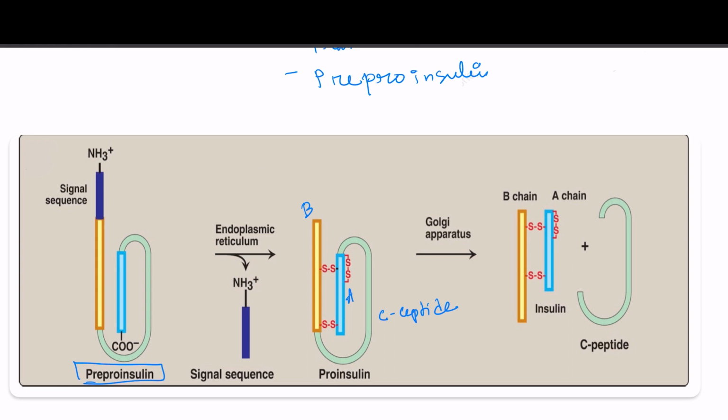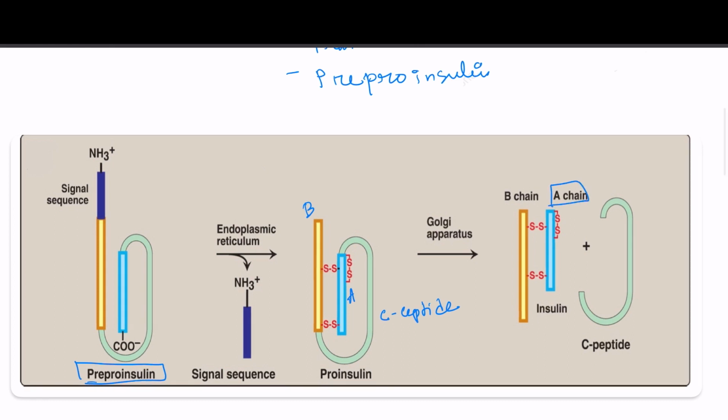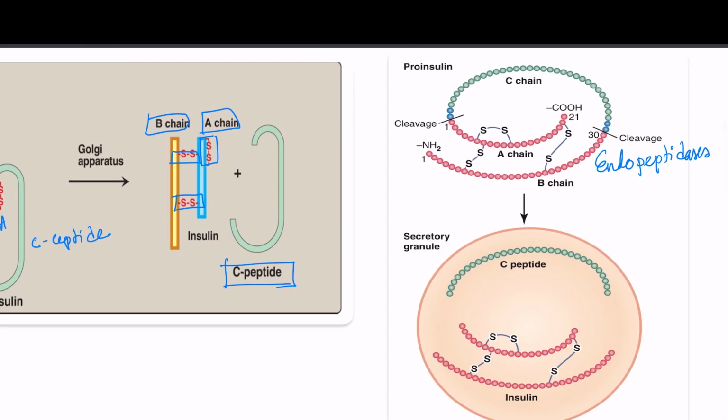Now, the majority of the proinsulin is further broken down in the Golgi apparatus to become insulin, which is made up of A chain and B chain. They are joined together by disulfide bonds. The C peptide of the proinsulin is excised by the endopeptidase to form